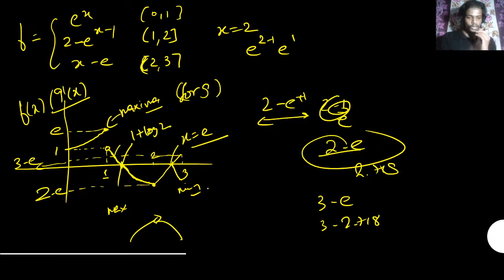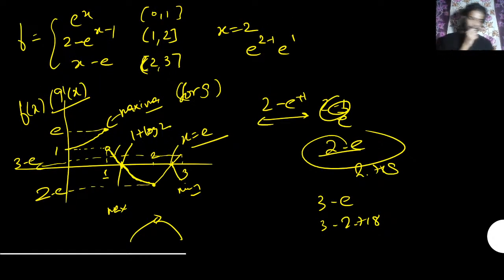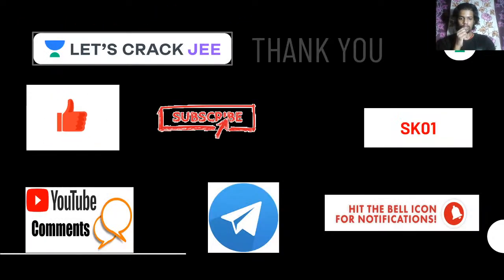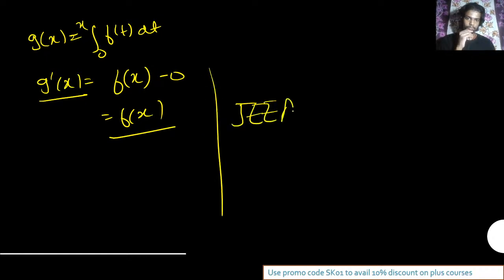Yeah, so the correct options are A and B. Fine, I hope so. Basically we just had to draw the graph. So let's try to do the next question. I guess we are done with today. I guess this is all we have. So we have done all the questions of maxima and minima from JEE Advanced paper,